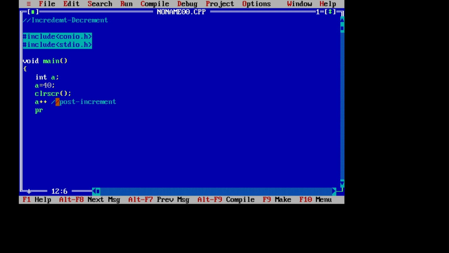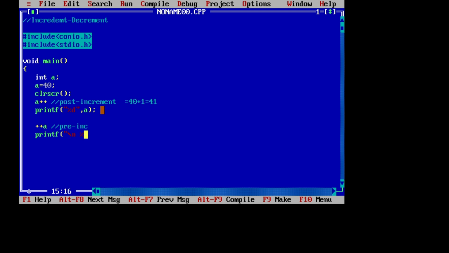Now what will this do if I print it? It will just update the value as 40 plus 1. It will just increment the variable A by 1 step. So it will be 41. You can use pre-increment also. In this we have to write the increment operator before the variable. This also works the same way, so we can use it either way. This is pre-increment. Now if I print this,